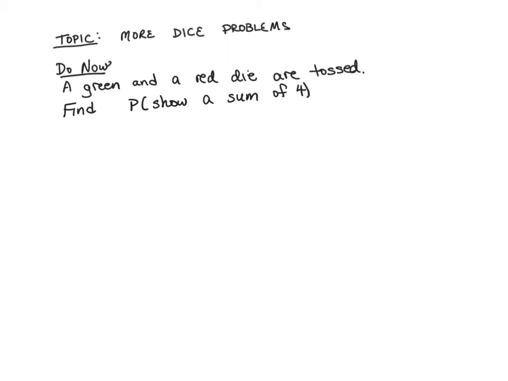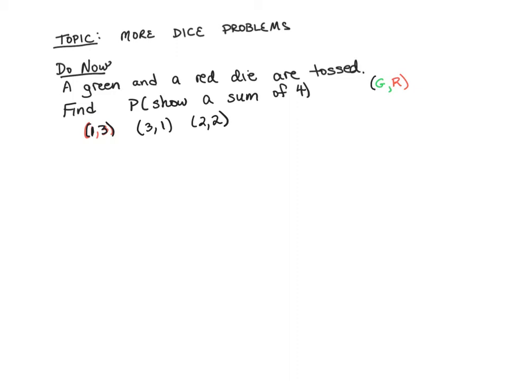Okay, so if we agree that the green die is first and the red die is second in the ordered pair, we could have outcomes like 1, 3. That's a sum of 4. 1 on the green, 3 on the red. We could have 3, 1, which is 3 on the green, 1 on the red. And we could have 2, 2. The question is, how many